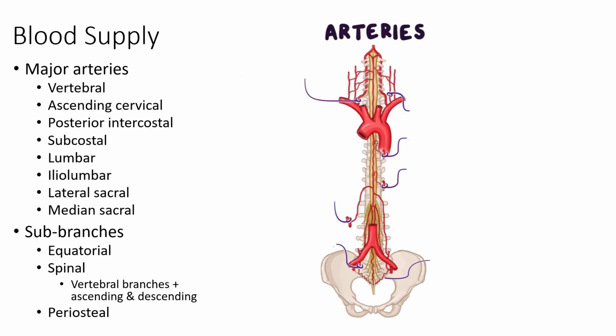The blood supply to your vertebrae comes from a variety of sources, all of which are fairly direct offshoots of the aorta. And we'll see that each individual vertebra then has its own separate branches off of these that encircle the body of the vertebra, as well as feed the periosteum and take care of the arch of the vertebra as well. So the major arteries that supply the bones of the spine are the vertebral